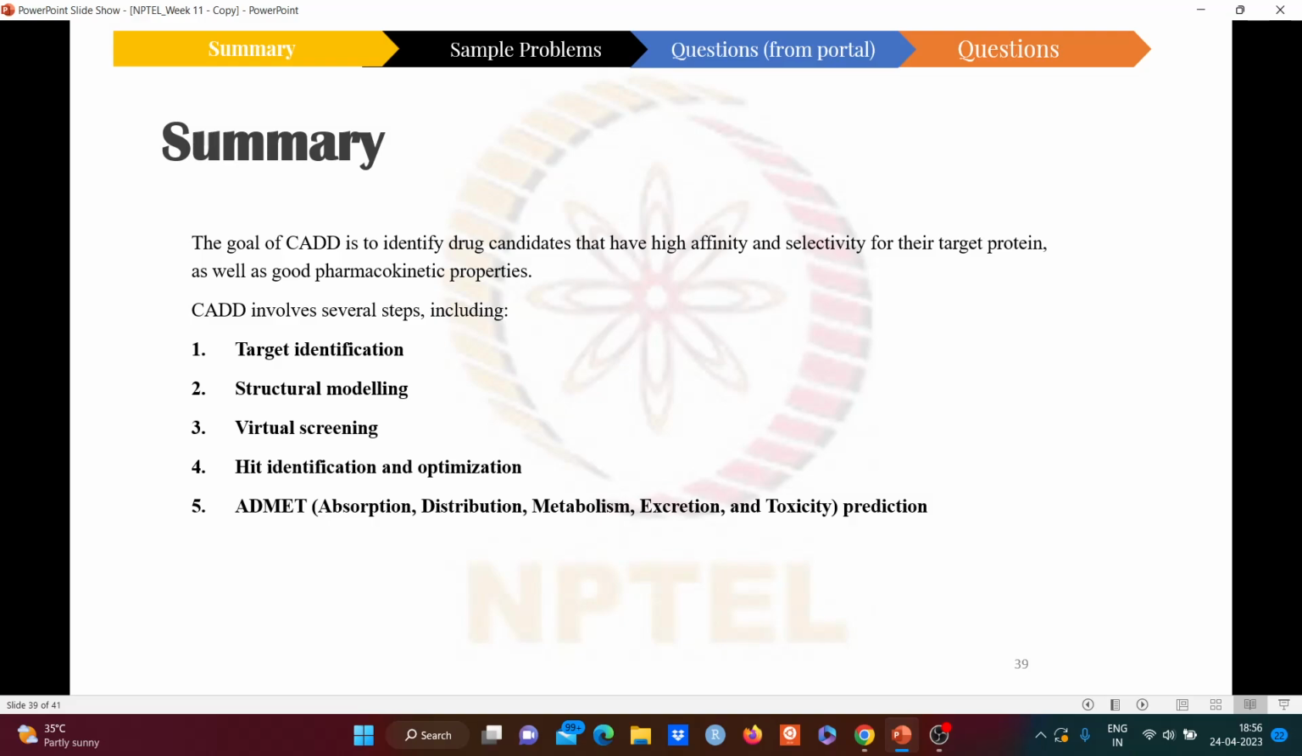Next is the ADMET property check or ADMET prediction. ADMET stands for absorption, distribution, metabolism, excretion, and toxicity. This is the final step in CAD, which is to predict the ADMET properties of the optimized drug candidate. This includes predicting how the drug will be absorbed, distributed, metabolized, and excreted by the body, as well as